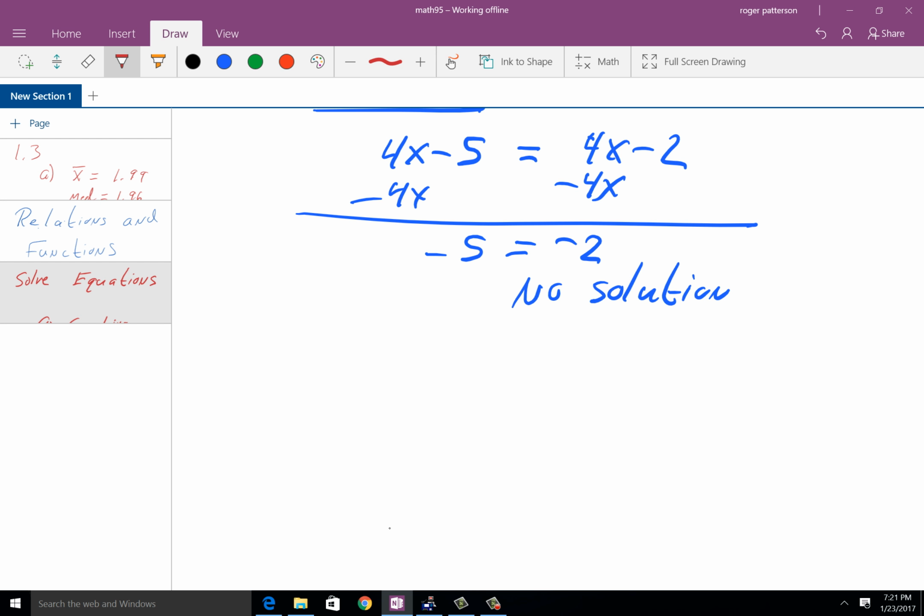45. Yep, that's what we're going to do, except I'm going to